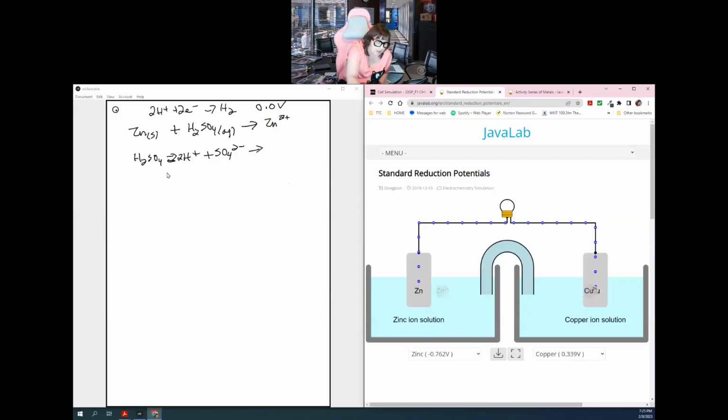we know that this becomes Zn2 plus, and this becomes H2 gas. And I know that because I've done this a million times, so we'll talk about that in just a second. This one is going to be aqueous. This one, of course, is aqueous. So when you come over to this other side, you're going to have the Zn2 plus, the H2 gas, plus the SO4 2 minus that's present in the zinc solution. Okay, so that goes away, and my net ionic reaction for this